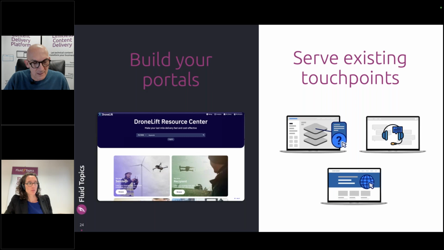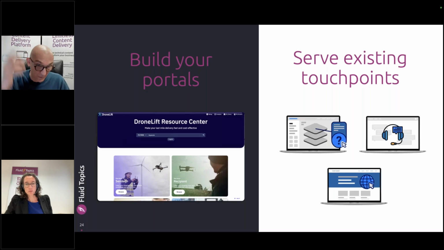It brings you the capability to build those touch points, those resource centers, tech doc portals, as you name it. But as well, it's meant to serve existing touch points so that you can feed this content and fuel those touch points with this content everywhere where it's needed. That can be in product help, help desk tools, community sites where people start discussing a problem, and then you can propose content that relates to that subject. So there's a lot that can be done here.